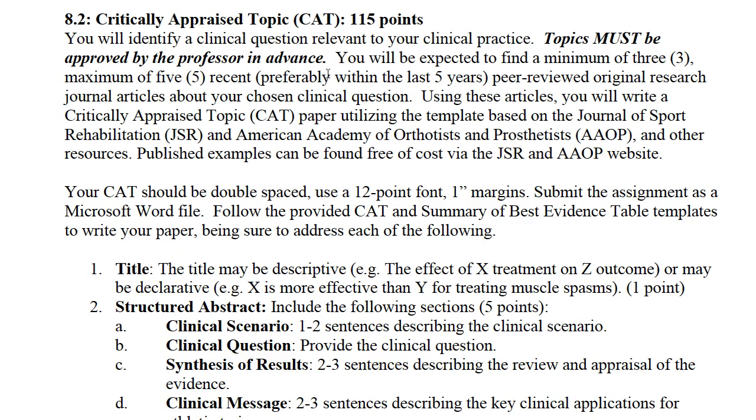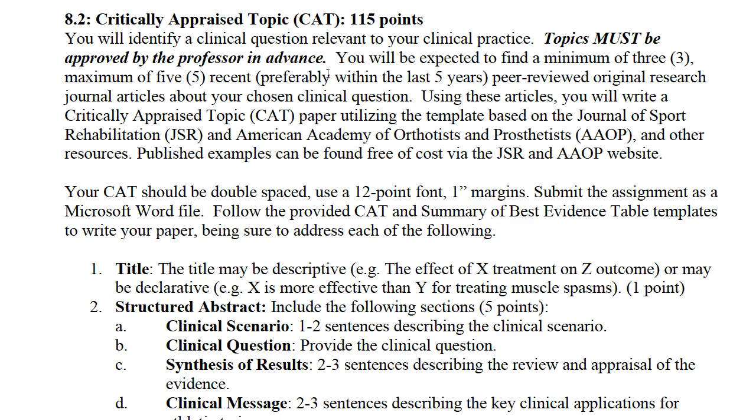What I would suggest with this assignment is, one, do this with another athletic training student in the class. There's a lot of work in this assignment, so I would suggest that you partner up with somebody that you can work with, and you both do the same amount of work. So we have a forum where you will pick your partner. You both will post your topic in the forum. Tell me who you are working with with this assignment.